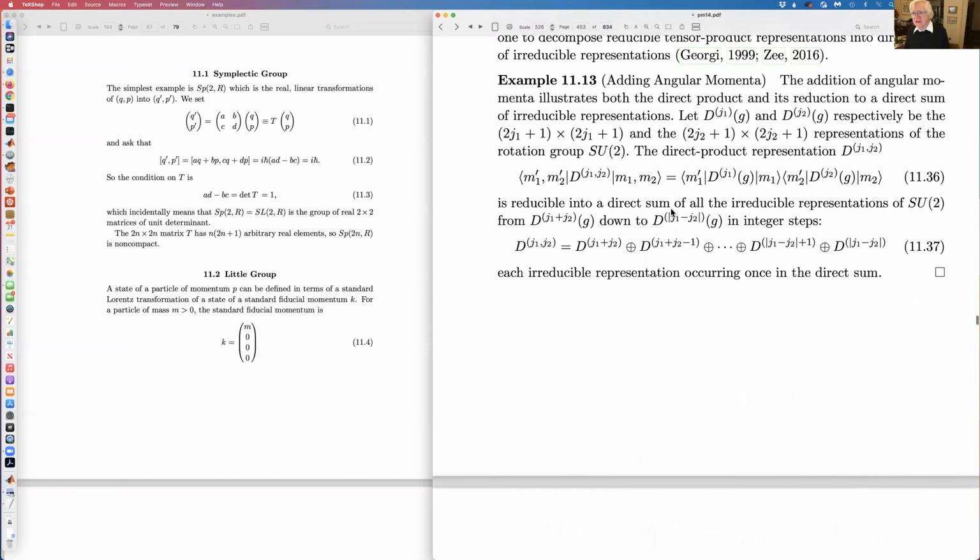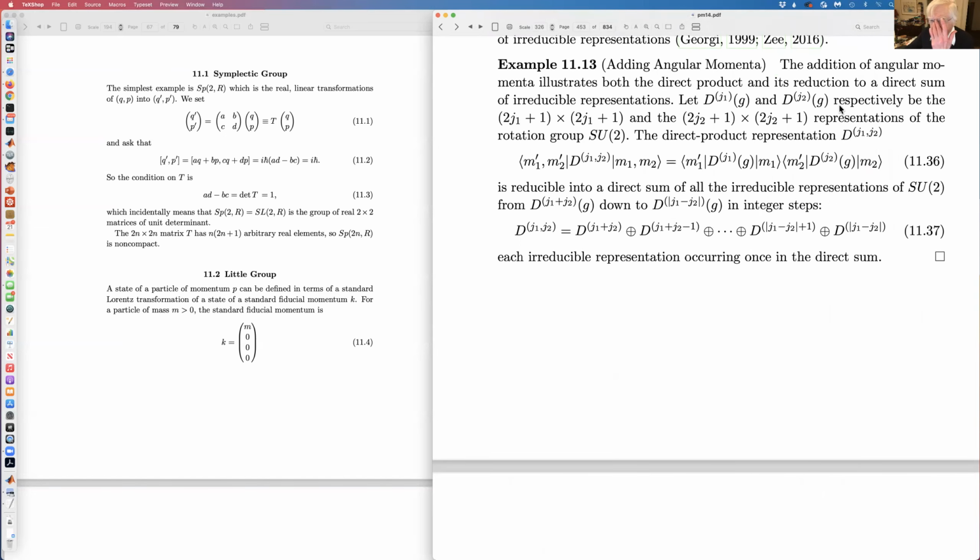The example that you see in quantum mechanics is the addition of angular momenta. And so suppose we have two systems, one of angular momentum J1, the other one of angular momentum J2. Then the composite system has representations that are bigger systems, namely they are (2J1 plus 1) times (2J2 plus 1) dimensional square matrices. So they're huge, but